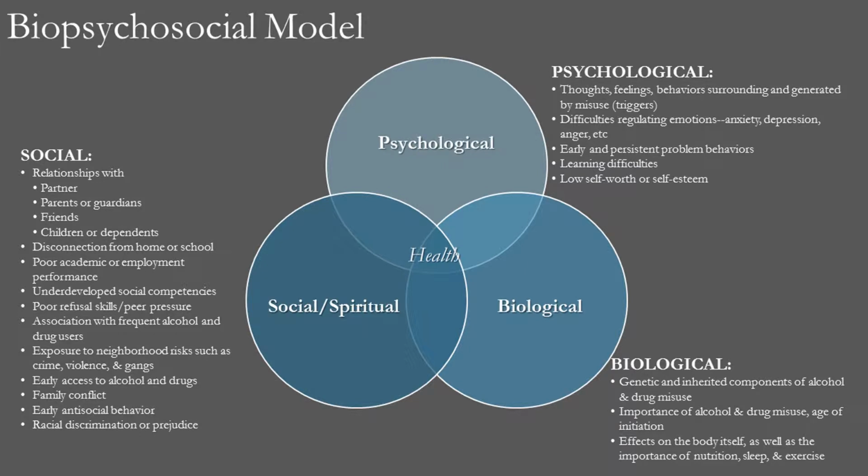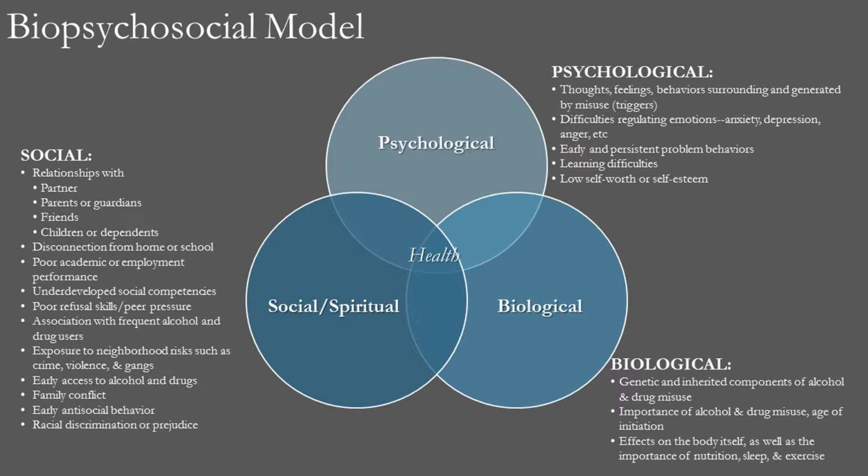This is a visual, detailed illustration of the biopsychosocial model to aid in your understanding. The social aspects of this model include relationships with their partner, their parents, their guardians, their friends, children, dependents, any disconnection they may have from home or school, poor academic or employment performance, underdeveloped